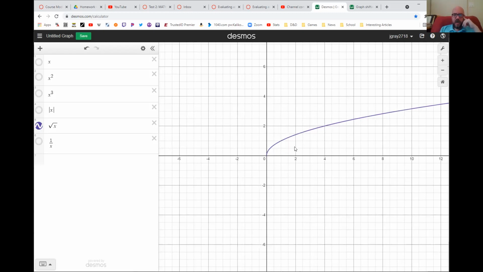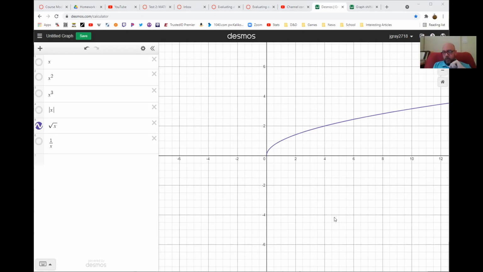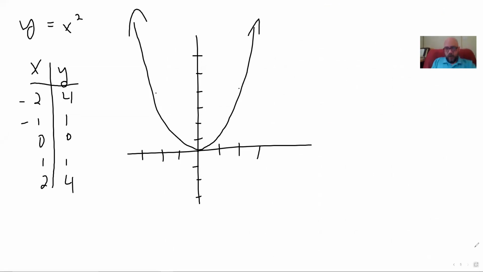It's not necessarily obvious what that is. So let me show you what this is. Let me get a new whiteboard here. All right, so if I have y equals x squared, or y equals square root of x, which is that thing that I'm graphing,